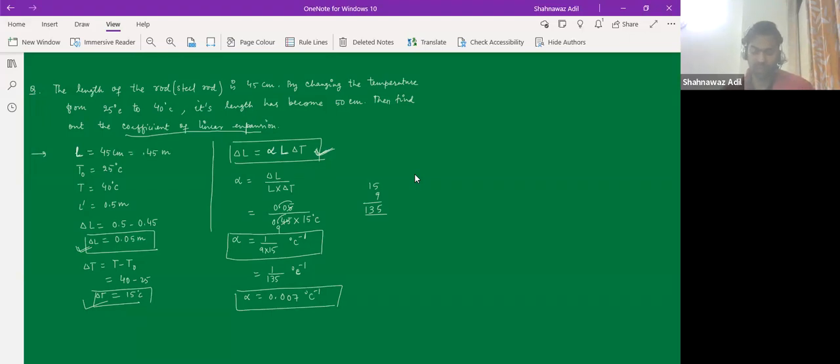If the volume of the object is increasing, then that is called cubical expansion. And then we did this problem about linear expansion. There will be one more problem related to this linear expansion, and